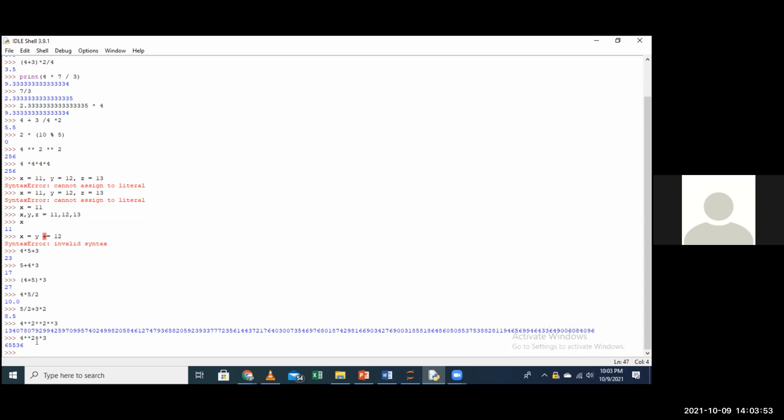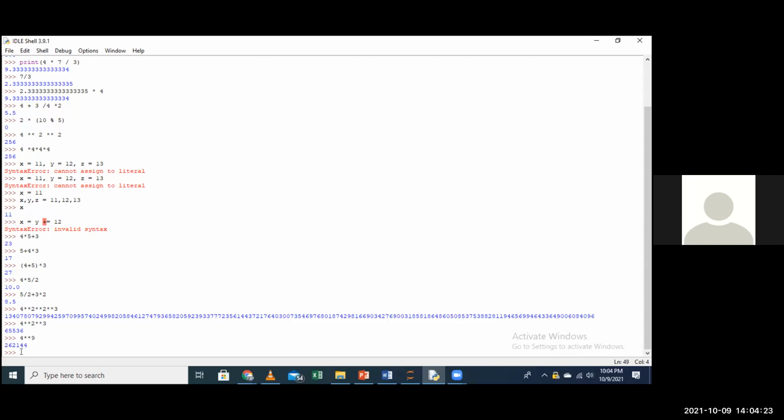In this case, we don't start from the left. We start from the right. First, we have to compute 2 raised to power 3. 2 raised to power 3 is, no, it's not 9, it's 8. Sorry. The next is now 4, and we do 4 raised to power 8 last.